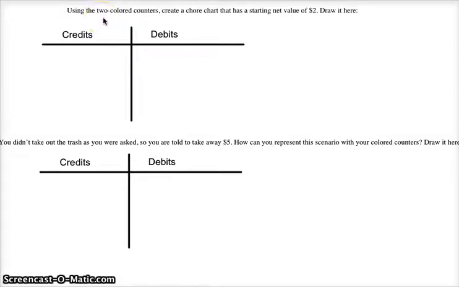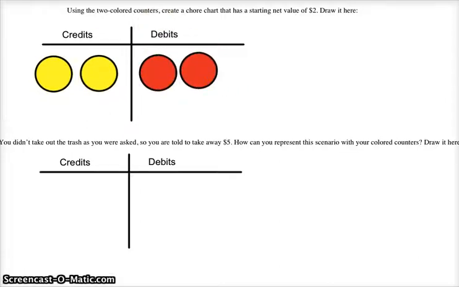we want to start with a net value of +2. So again, a net value, that means we can have 2 credits and no debits, but maybe we do have some debits. If we have 2 debits, then we would need to have 4 credits. A net value of +2 means our chore chart could be anything as long as the net value is that +2. But now, if this is our chore chart of 4 credits and 2 debits,